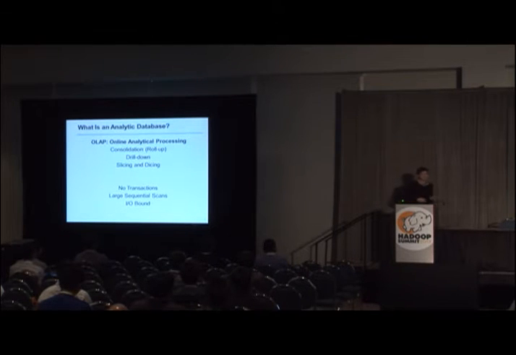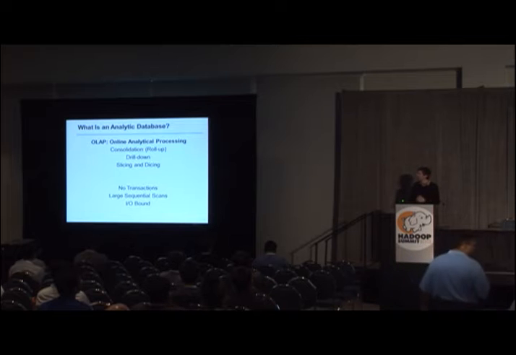What we're talking about in terms of an analytic database is OLAP, online analytical processing. And this is a database that's not particularly transaction-oriented. Some of them don't even support transactions at all. Many of them don't support row-level operations. Instead, what you expect with an analytic database is the ability to basically take data, split it into dimensions, and then be able to ask questions about the data.